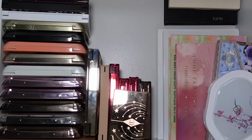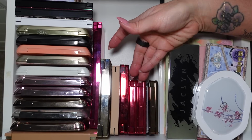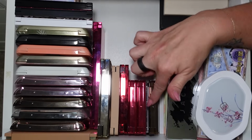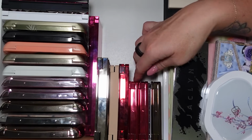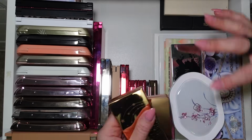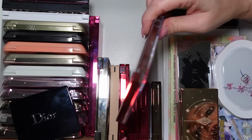Okay, let's see. So my problem with these palettes is if I lay them flat, then I can't see anything. But since they can stand upright, it makes it easier for me to grab them. And I can go, oh, I just want to grab this one out real quick. Same thing with these. Just got to figure out where to lay them. So we can go back here. Almost too high, but